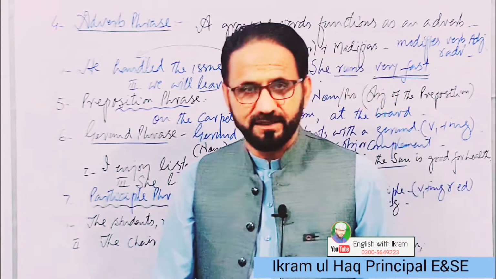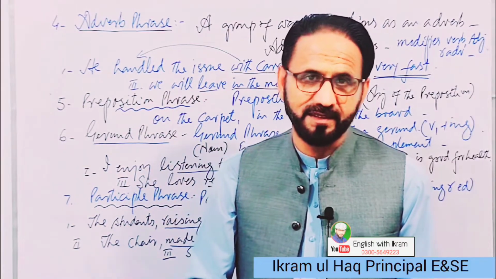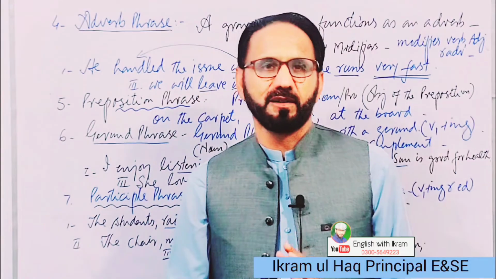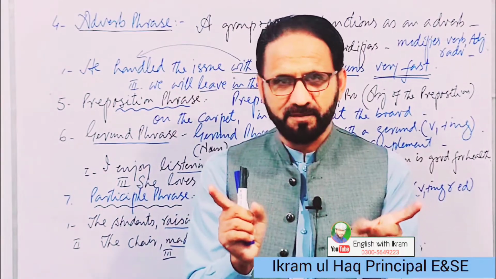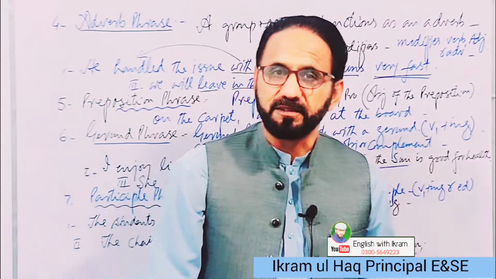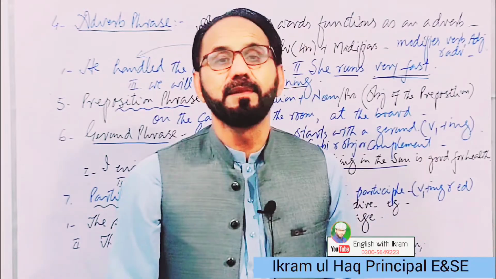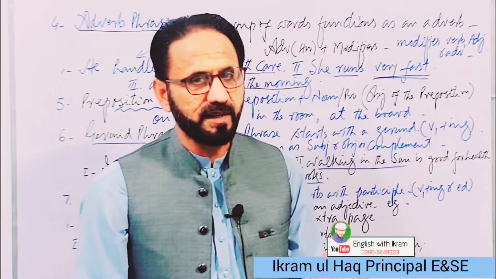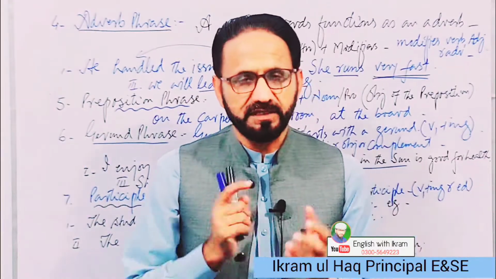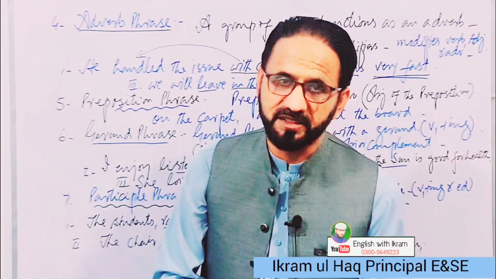Participle phrase, like a gerund phrase, again starts with a participle. जैसे gerund phrase gerund से start होता है, participle phrase participle से start होता है. And apparently both are the same. शक्ल दोनों की एक ही है. Participle क्या है? V1 plus ing, present participle, ing form जिसे हम कहते हैं. और पार्टिसिपल ईडी भी होता है. ईडी के साथ ही पार्टिसिपल बनता है जब हम वर्ब के साथ ईडी लगाते हैं. वर्ब के साथ आईएनजी लगाते हैं पार्टिसिपल होता है, वर्ब के साथ ईडी भी लगाते हैं पास्ट पार्टिसिपल होता है.